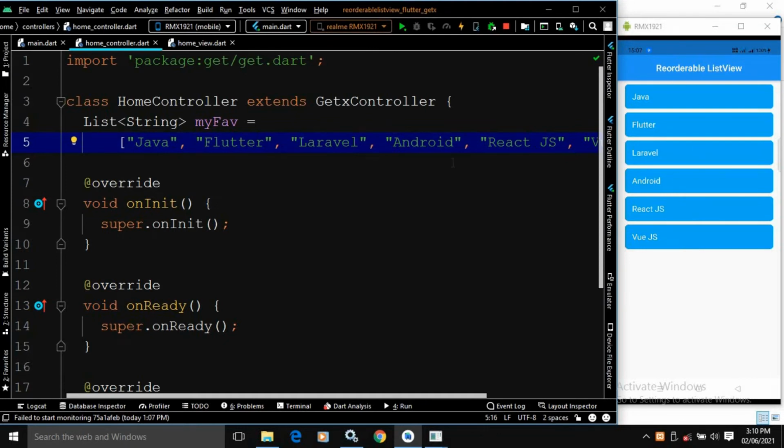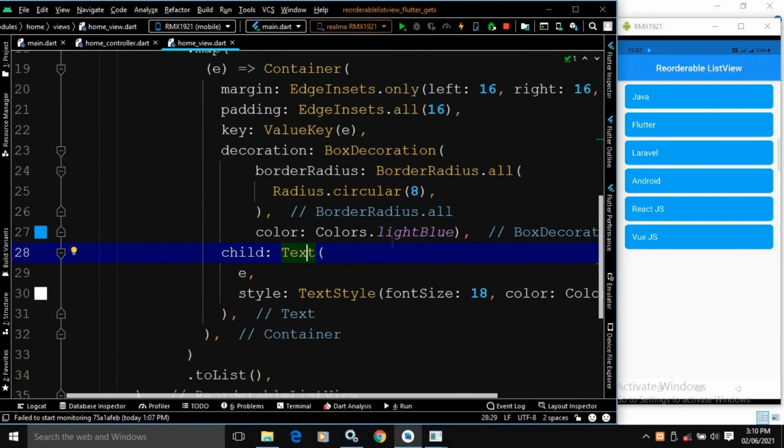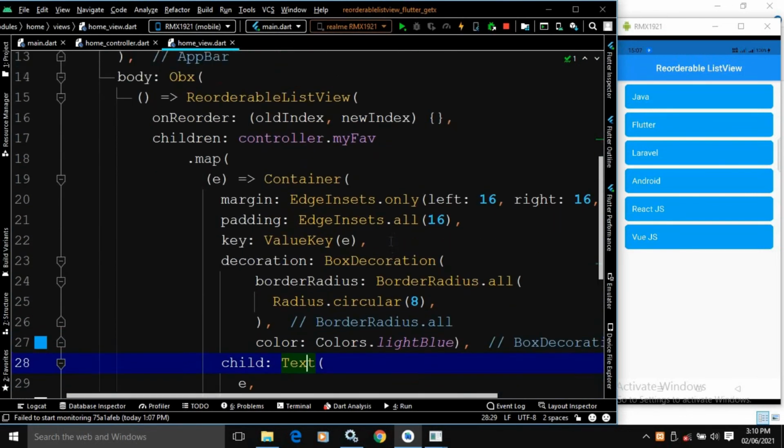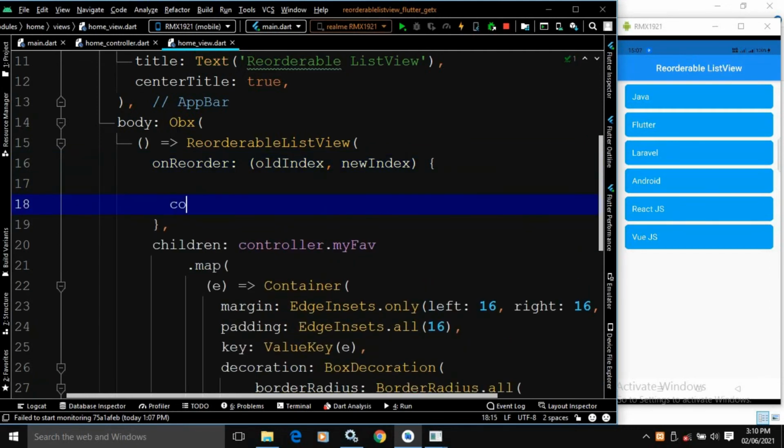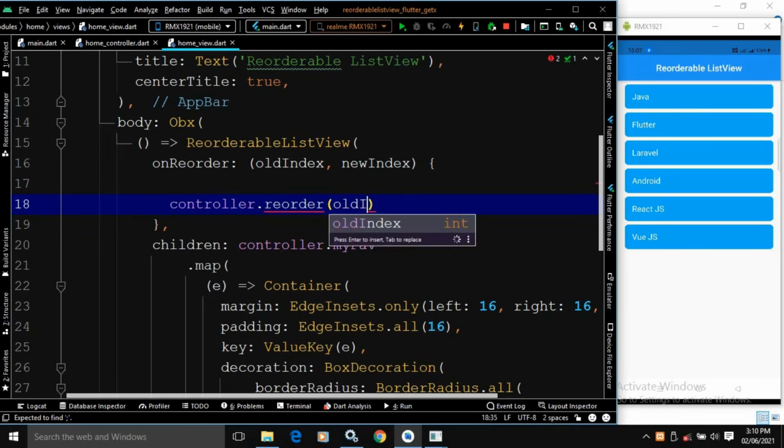Now I will make it reorderable, and to do that I need to write the code. In this onReorder, here I will write controller.reorder, and I will pass the old index and the new index.